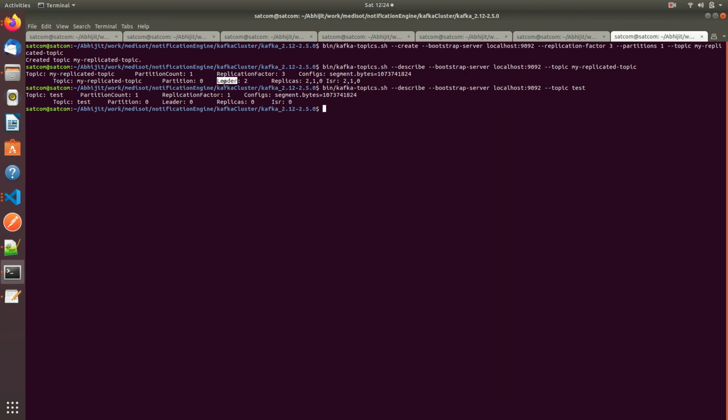Replicas is coming as 2,1,0. Replicas is the list of nodes that replicate the log for this partition.